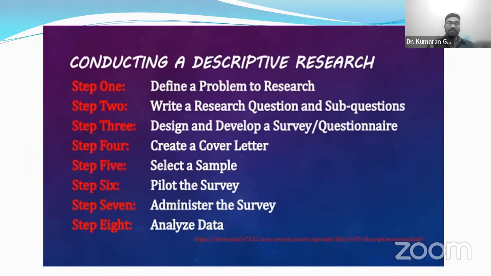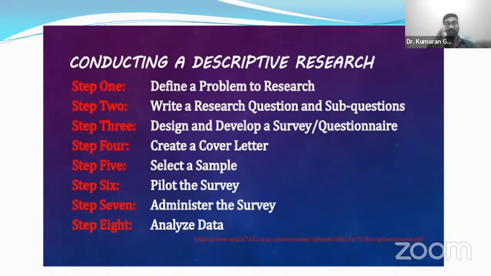So, step 1 until step 8. Define a problem to research, write a research question and sub-questions, and design and develop the survey questions. When it comes to surveys and questionnaires, as I told you earlier, we can use three methods: adapt, adopt, and create. Create a cover letter.